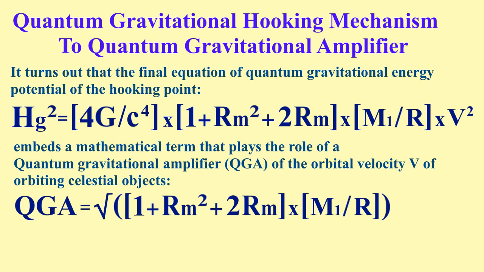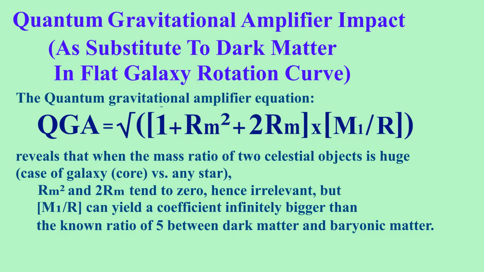It turns out that the final equation of quantum gravitational energy potential of the hooking point, Hg squared, embeds a mathematical term that plays the role of quantum gravitational amplifier of the orbital velocity v of orbiting celestial objects, denominated here as QGA. And finally, the discovered quantum gravitational amplifier via its equation reveals that when the mass ratio of